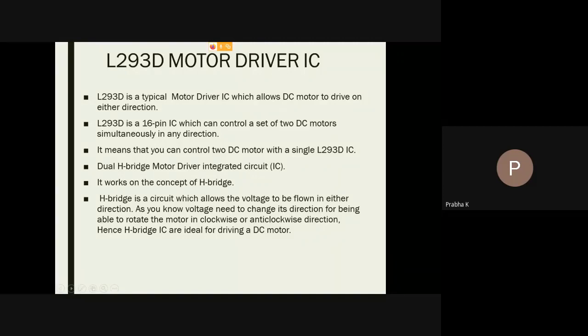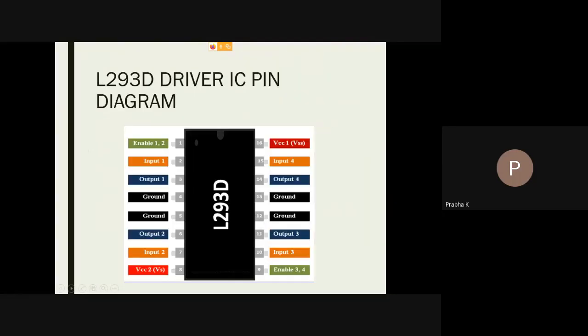An H-bridge is a circuit which allows voltage to flow in either direction, and this voltage is needed to change the direction to rotate the motor either clockwise or anti-clockwise. The same amount of current is driven in both directions in order to make the motor rotate clockwise or anti-clockwise. This slide gives you the layout, the pin diagram of the L293D IC.